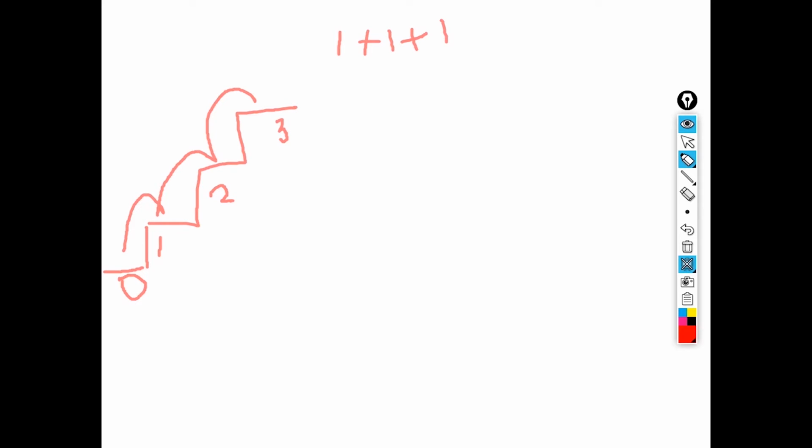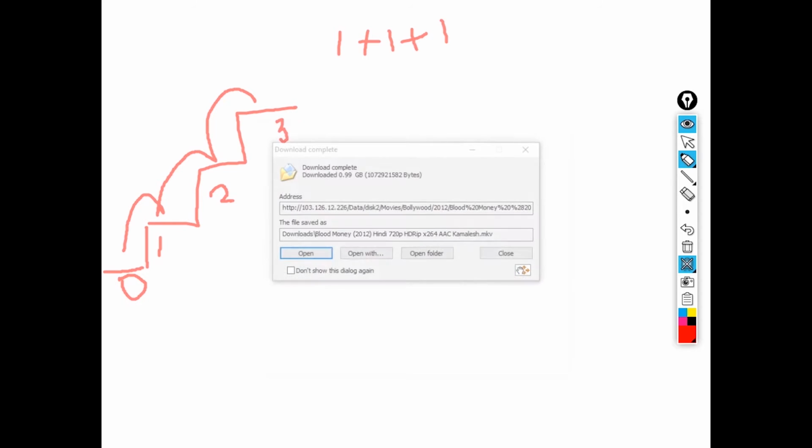One thing we can note from here is that we are not asked to find the most optimal or the shortest way. We simply have to find the total possible ways by taking one step at a time, or a combination of one or two, or only two steps at a time.